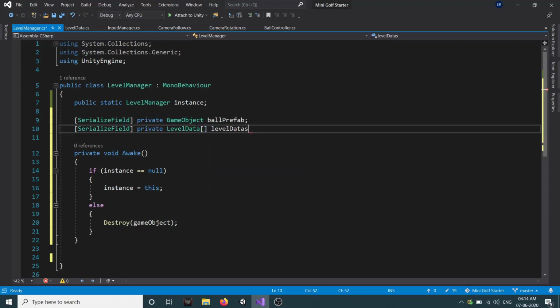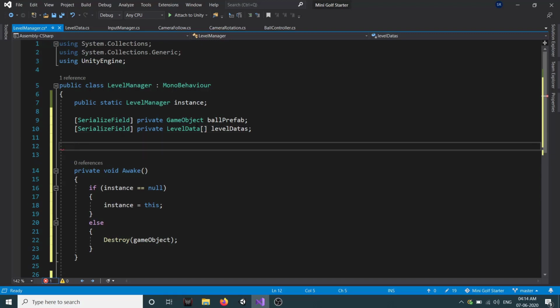We are using array because we already know how many levels we are going to have and that's why we are using an array. And we want our array to be accessed by other scripts as well. So as it is a private, we need to create a getter for that.